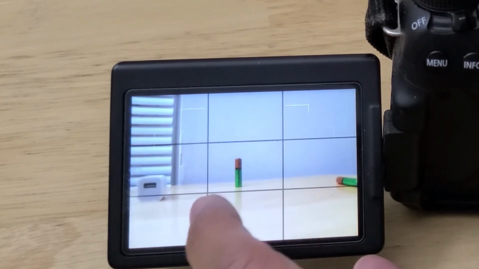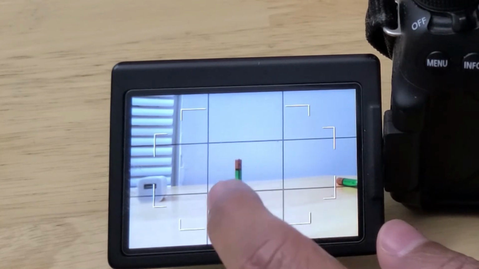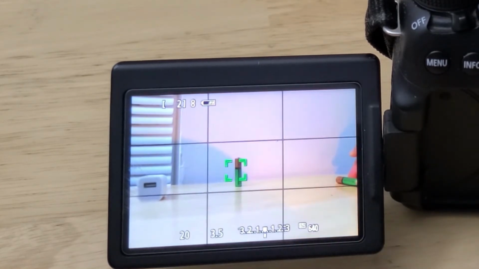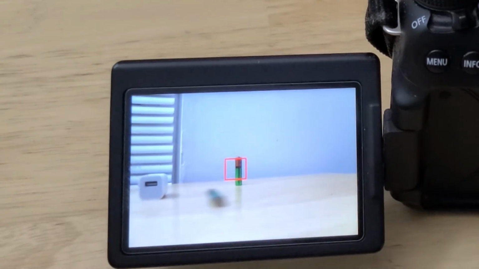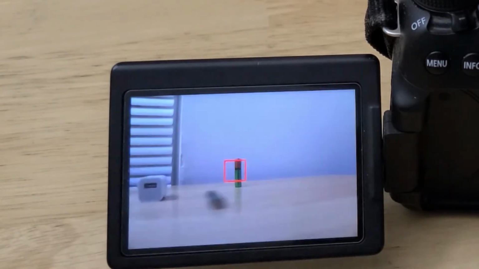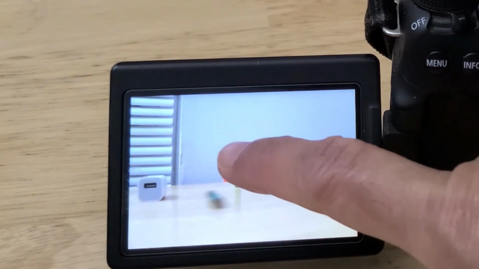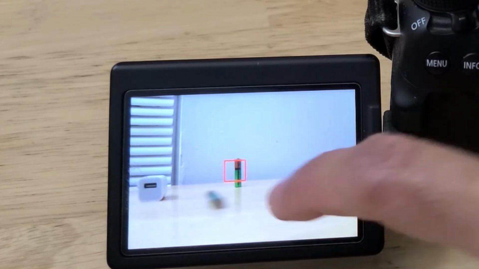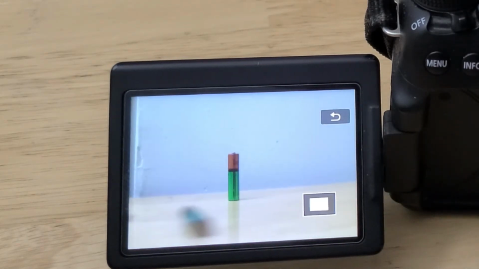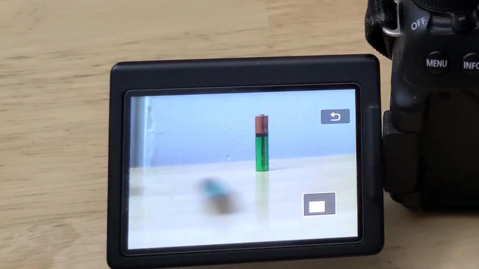So I have a touch shutter in here, so I will touch this object and it will click a photo. Okay, so as you can see, the battery moved and I had touched this battery, so this battery has not moved, so it is quite clear. But if I try to zoom in the other battery which was moving, it is quite blurry, and that is what I mean when I say capturing the motion.